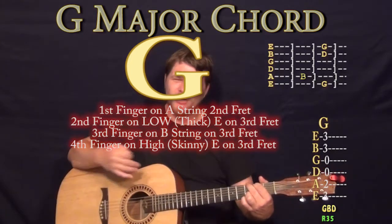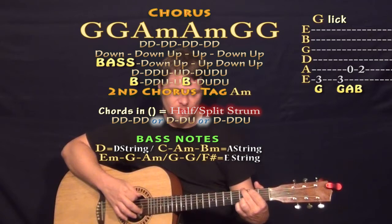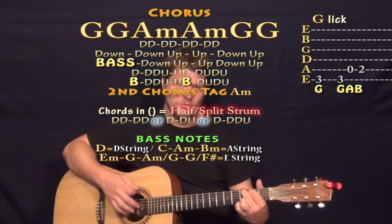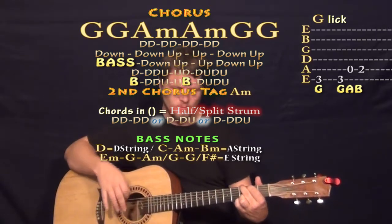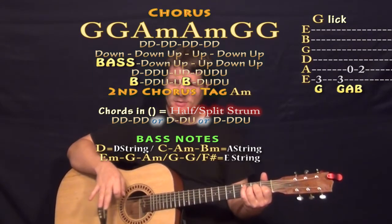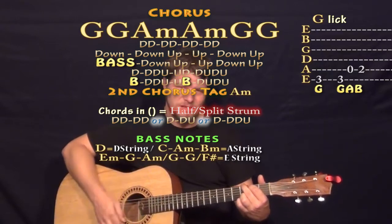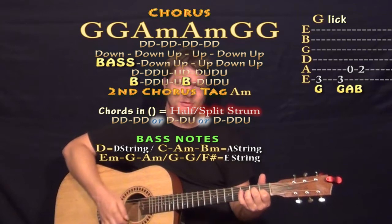And randomly, you'll kind of hear some bass notes moving around the G, where you'd have the low E string third fret, or the open A, or the second fret on the A. It could be kind of cool to move those notes around the G. And then from there, we'd be going back to our A minor chord. So you could do that with the down, down, up, kind of slow pace. So you'd have the G, down, up, down, G, down, up, down, A minor,